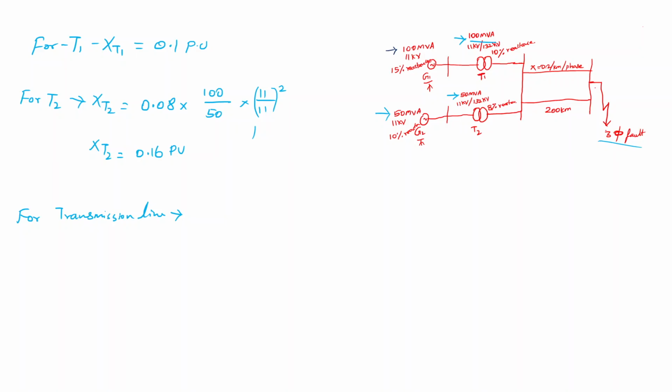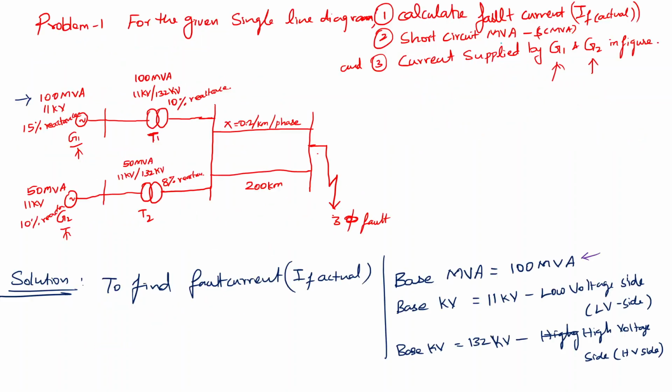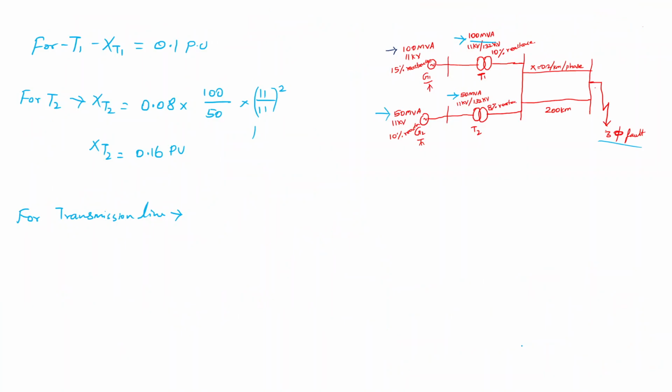So only base I want to consider here is, because for kV you can see there is two bases, 11 kV is there, 132 is also there, but this transmission line is coming at high voltage side. So obviously I need to take the kV base as 132 kV. Okay, please remember that. In notes I have given in written form, here I am telling, please remember that.